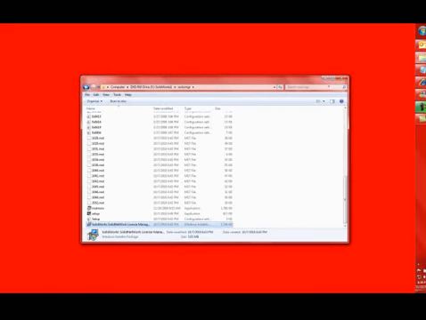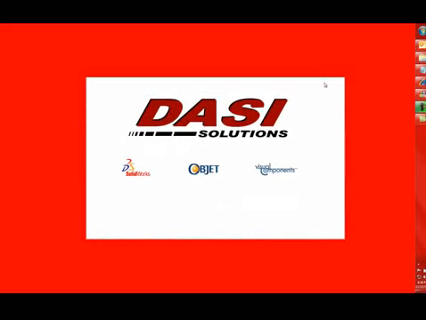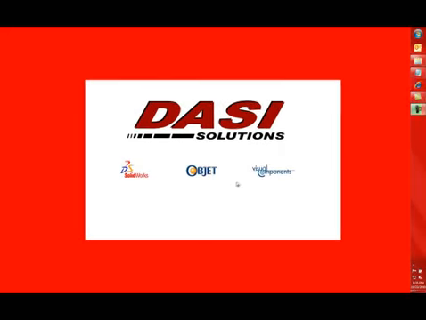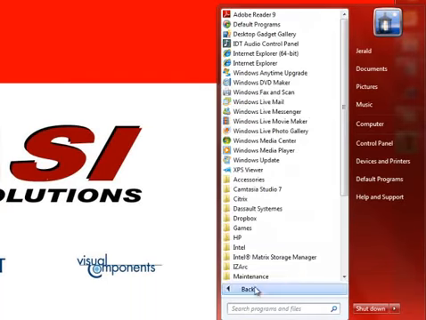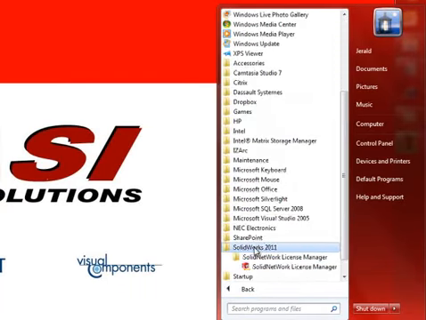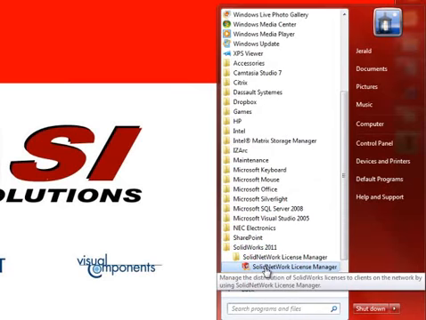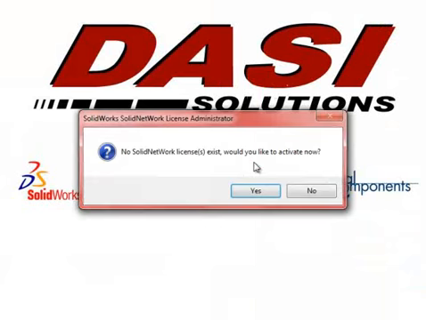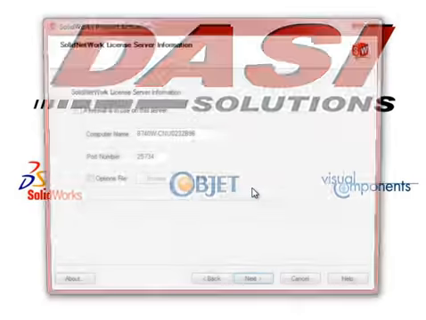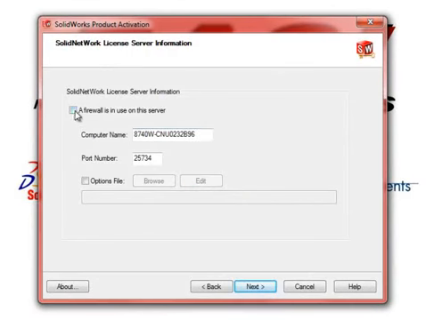We'll now start the Licensing Manager application and input some of our server setup info, as well as activate the Licensing Manager for this machine. This is found in the current version folder in the Windows program list. First-time installers will be prompted to activate their Solid Network Licensing Manager at this point. Your server information is now gathered, along with an option to indicate if a firewall is in use on this